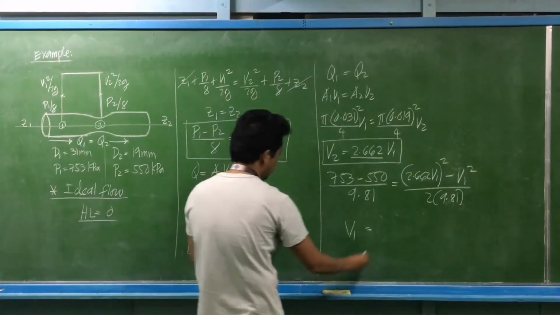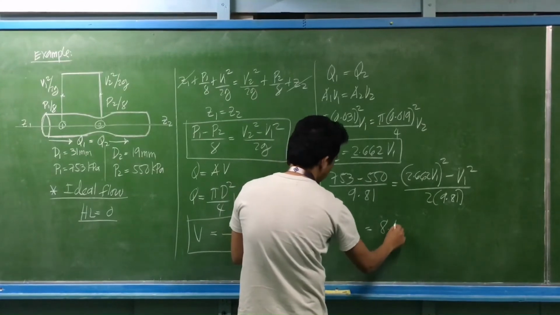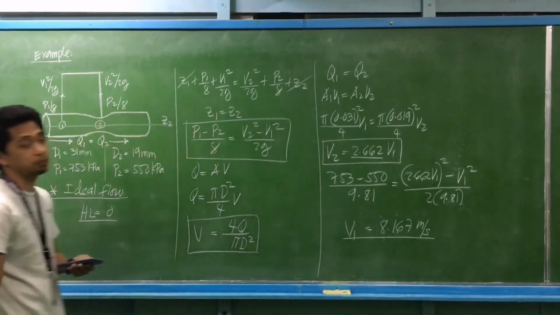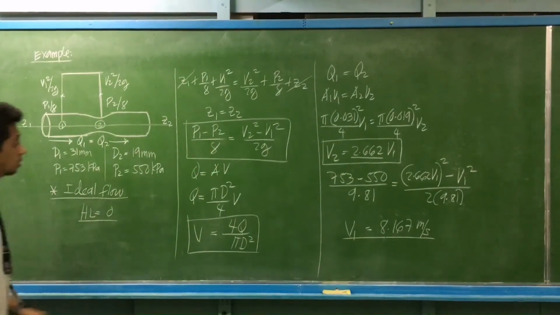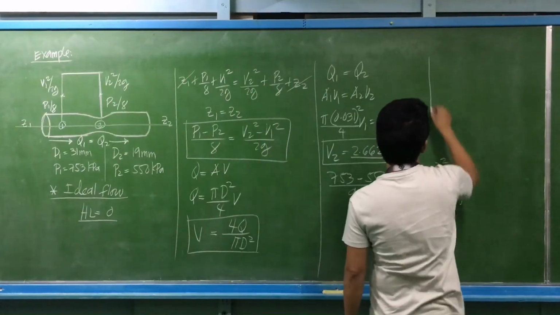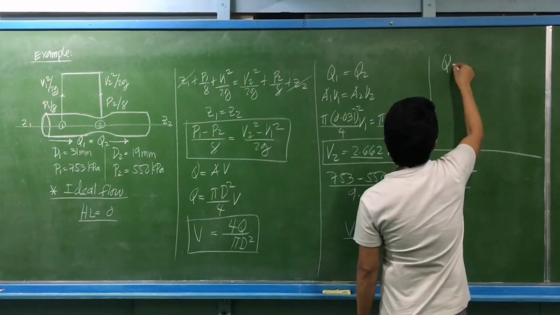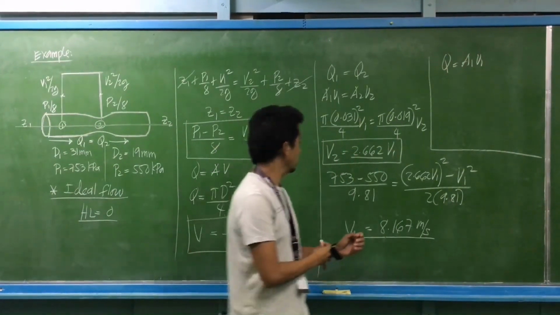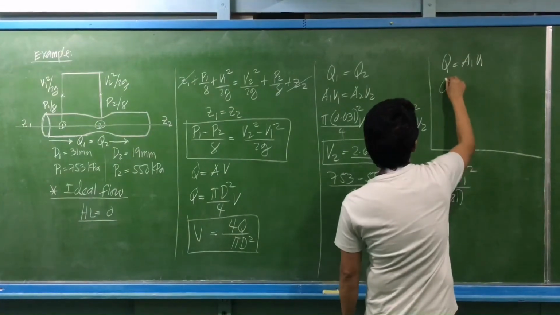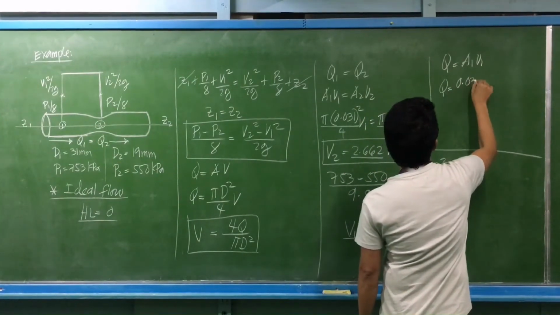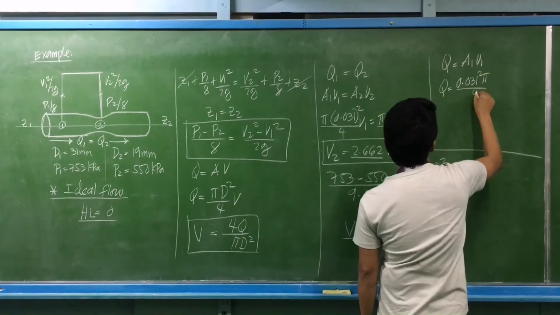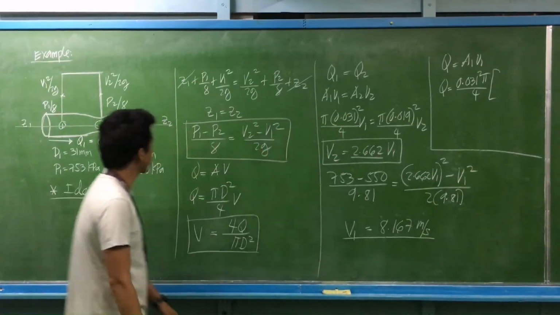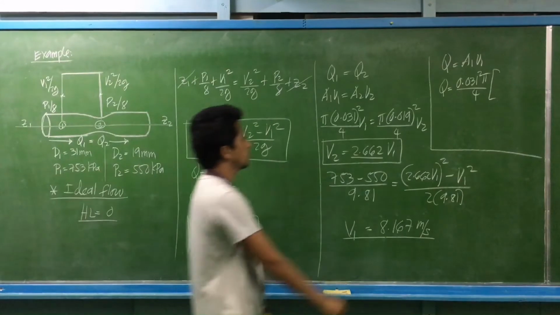So the velocity at section 1 is equal to 8.167, in terms of meters per second. So can we now compute for the discharge? Okay, so discharge is equal to area 1 times V1. I'll be using V1 because that is what we computed. So discharge is equal to area 1, 0.031 squared pi, divided by 4, multiplied by the computed velocity at section 1, or at the large section,